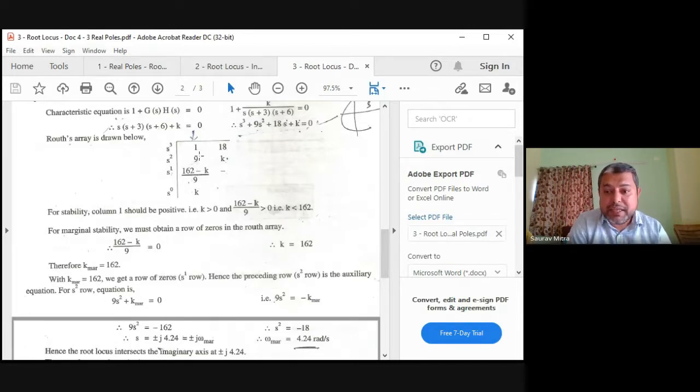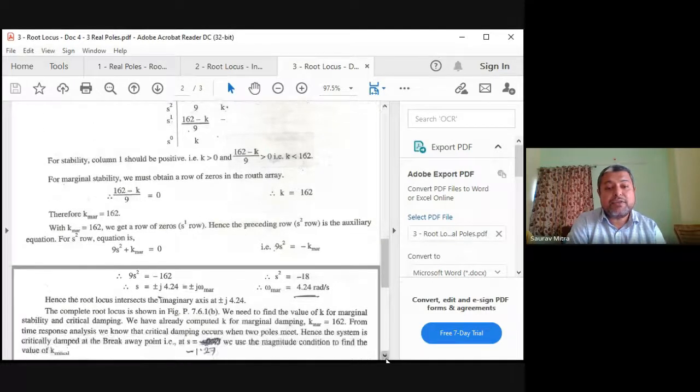So 9s square plus k. So go to the previous line, as we are doing in case of all the rows are becoming 0. What we do? We go to the previous line and write that equation. So whenever you are finding that this thing is becoming equal to 0, that means k is equal to 162, go to the previous line, that is 9s square plus 162 is equal to 0. And from there if you are finding s, you are finding that s is plus minus j 4.24,